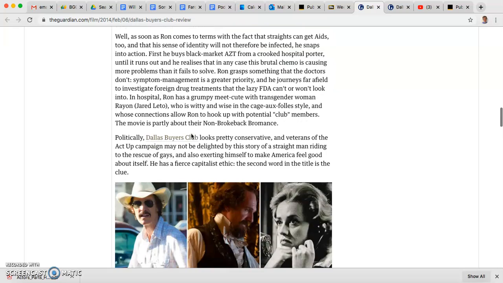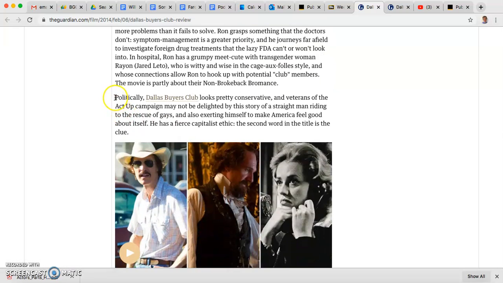But further down here, another thing I like about this review is it kind of talks about why the movie is important in kind of a political context. I want to argue here that whatever movie you decide to write about is doing something political. It's making some kind of statement. It might secretly be about a different issue.